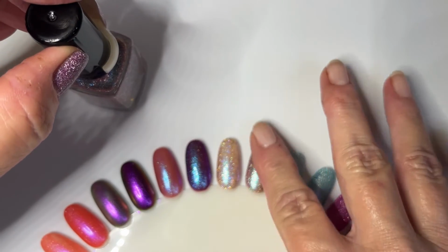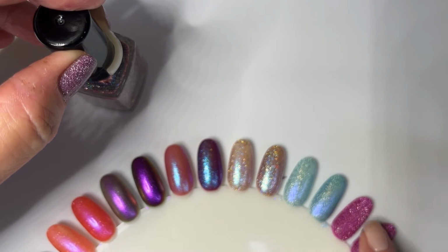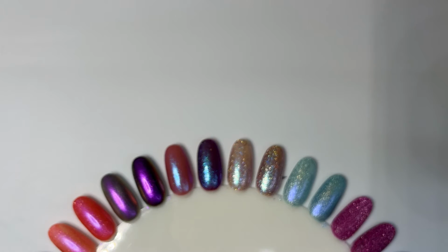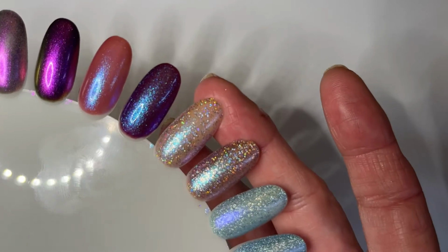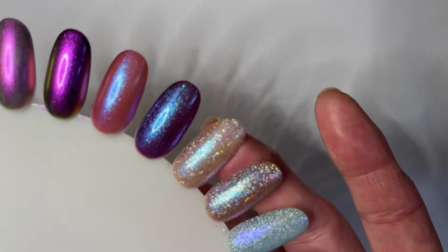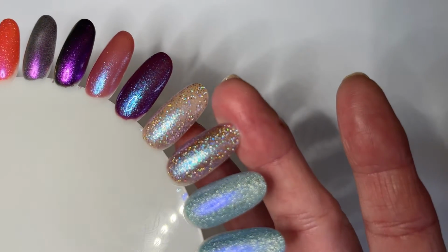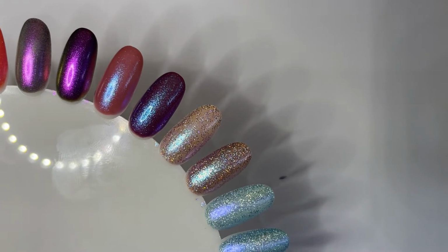Very pretty. It's pretty smooth though, as I rub my finger on there. It's not nearly like that reflective one. And that's this one. So you can see, if you can hear it, there's a little bit of a texture just because of all those micro glitter, but not nearly like what a reflective glitter was. So here that is in one coat and two coats. Just a very pretty tan brown, just loaded with these golden holographic glitter. So let's go ahead and